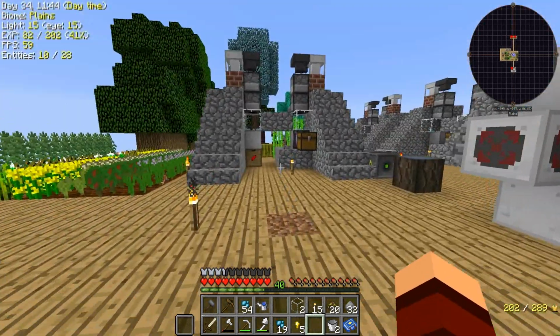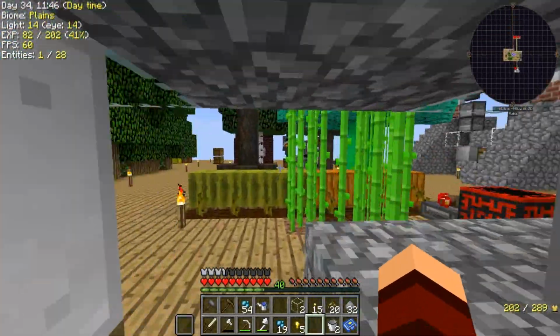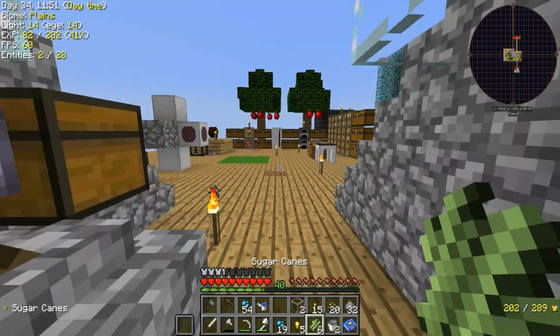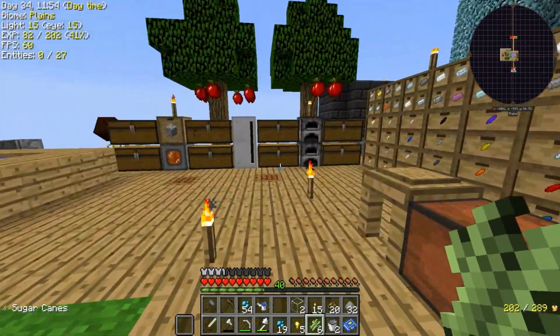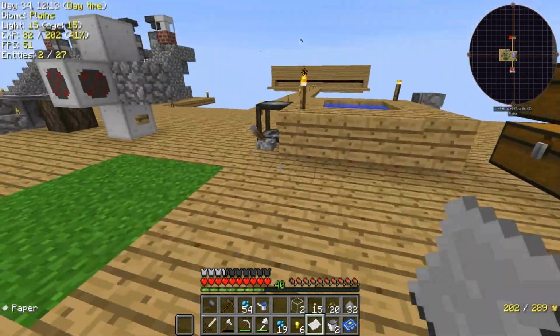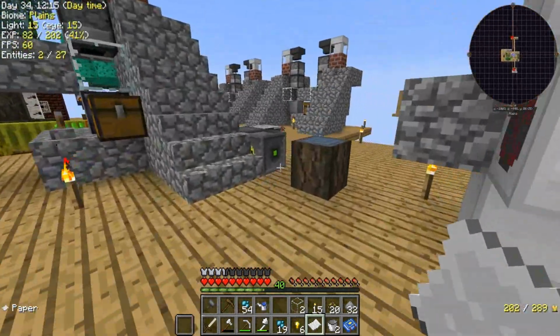Sugarcane. I have sugarcane. Okay. Whew. I get really nervous. I don't know why. Alright, give me that back. Alright, so paper, and we're going to need a little bit more nuggets. So let's do that. We have redstone. Let's do that. Perfect. Okay. And 1 and a 2. Nice. Got a little bit extra here. Doesn't hurt anybody at all. Okay, so